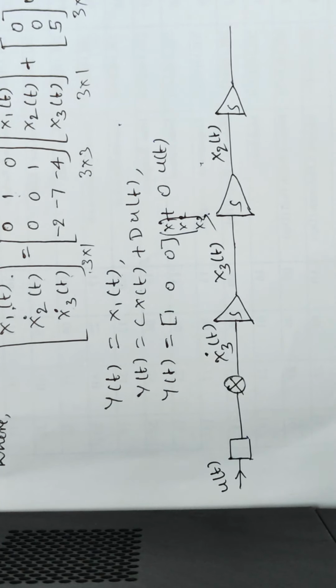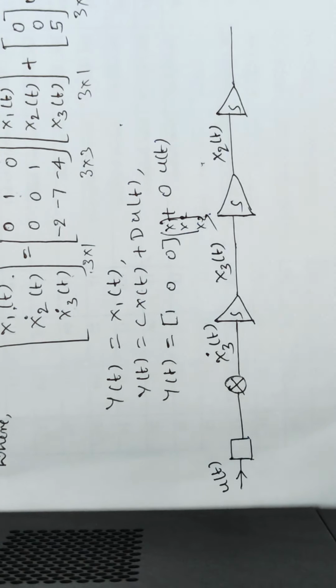Also draw the state diagram of the system. See, already you know what an adder means. Here one input x1 and here the second input x2; addition is there, one input, second input, and the outgoing is x1 plus x2. Incoming, here adder is there, plus and plus. So x1 plus x2 is outgoing.